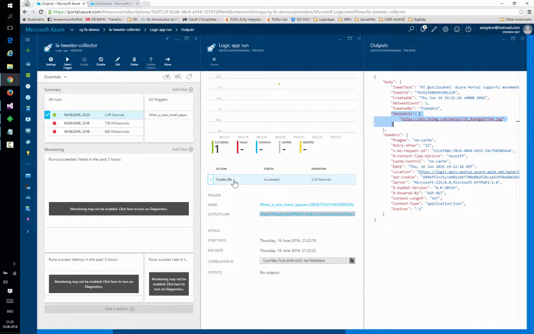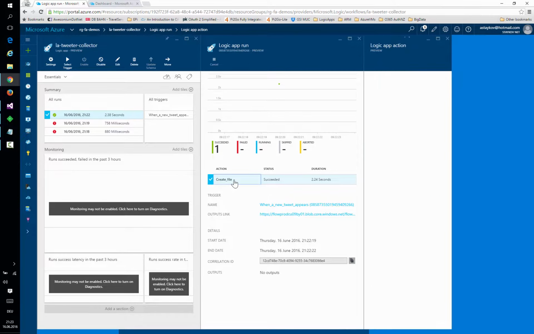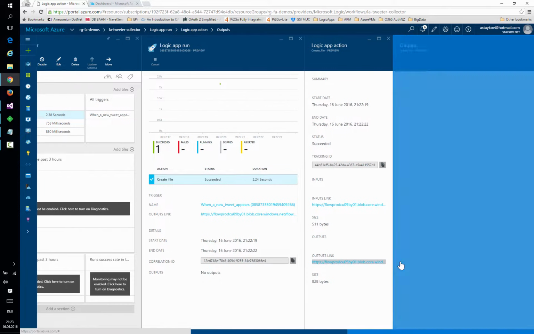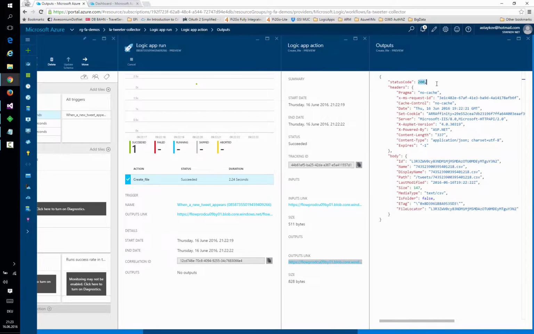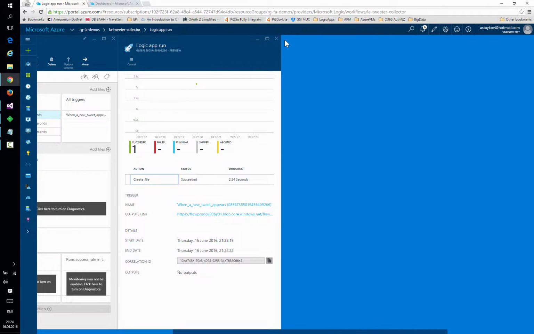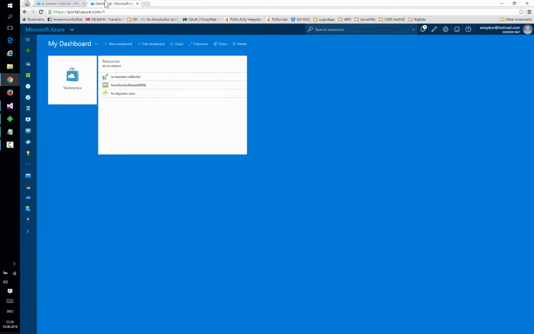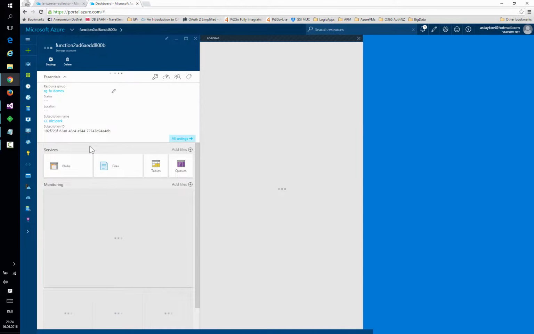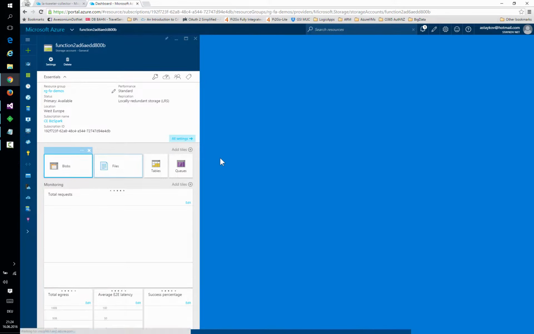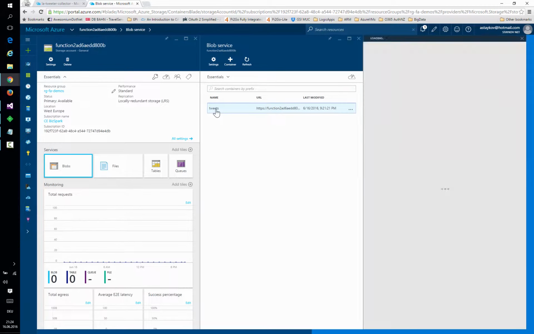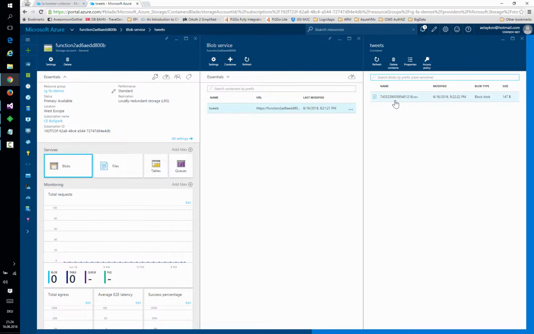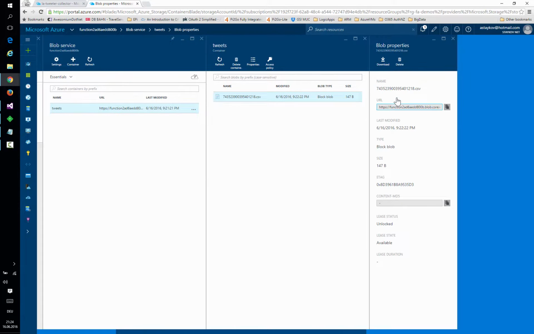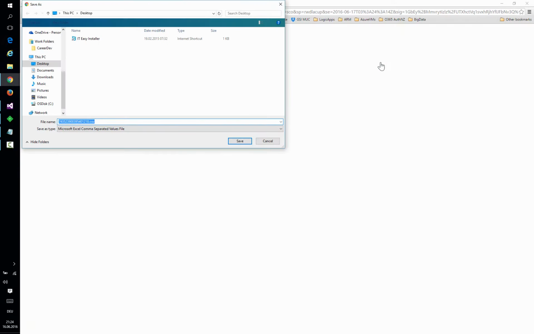We have only one action, which is create file, which has also been executed successfully. That means that if we now navigate to our storage account and browse it, we should be able to see some files in this tweets container. We see the tweets container, and here we see one file. The name is the tweet ID, and if we click on the file and download it,